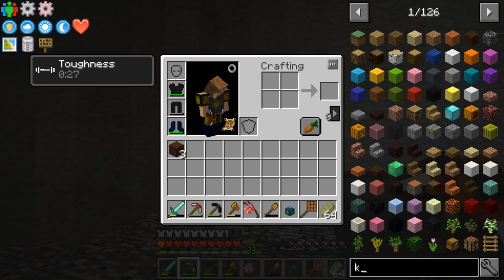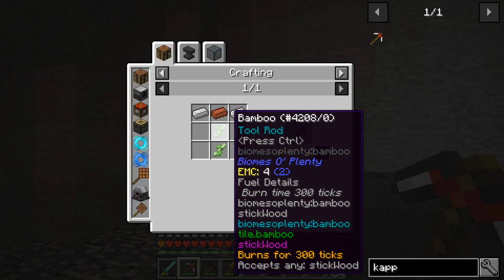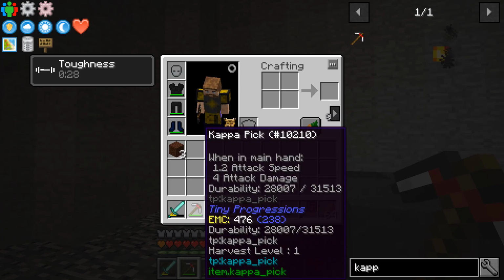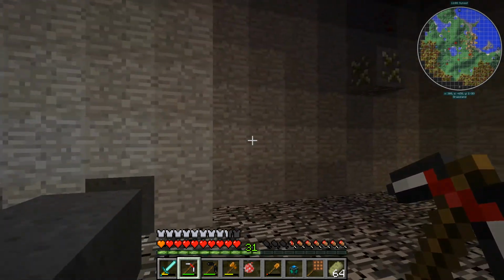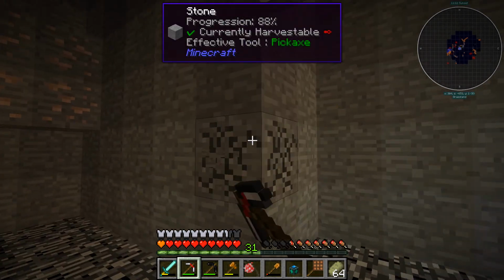I'll show you how to do it. It's very simple. It's 2 pieces of iron, a piece of brick and 2 sticks, right? And the special thing about this one is that it has massive durability. 31,000 durability, right? It's only level 1, but I use that to vein mine away the stone. So I can just go like this forever and ever, pretty much, and thus laying bare